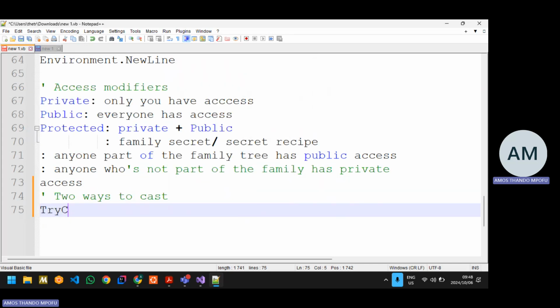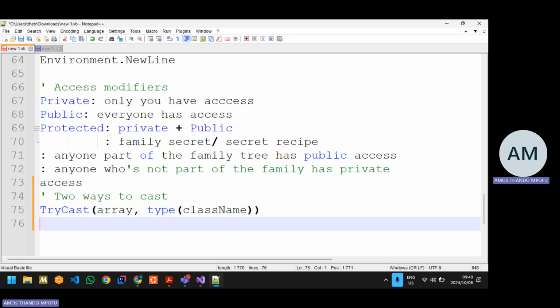You can use a try cast like this, where you pass in the actual array element and then the type you want to cast it to, which most of the time will be the class name in our case. And then there is direct cast,